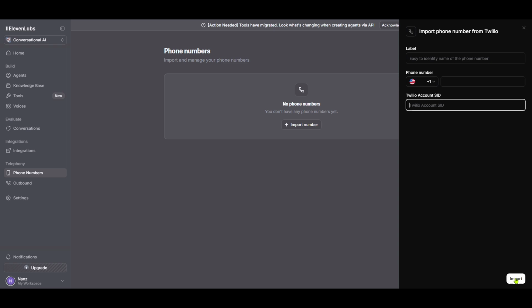And there you have it. You're now set up to access and utilize your phone numbers connected with Elevenlabs via Twilio. By following these steps, you've accomplished integrating Elevenlabs Conversational AI with Twilio seamlessly. This integration can help enhance your communication strategies, whether it's for personal projects or business applications, by leveraging premium AI